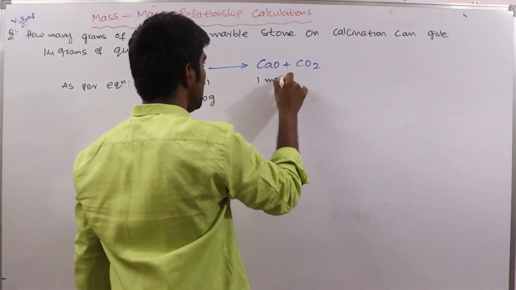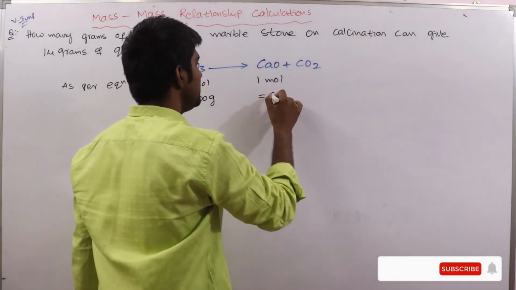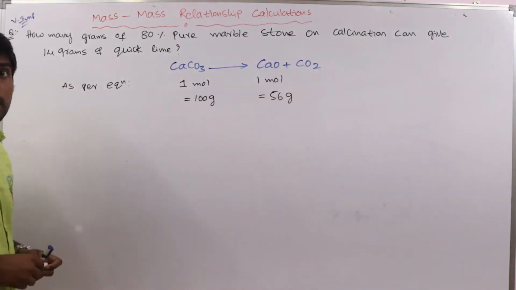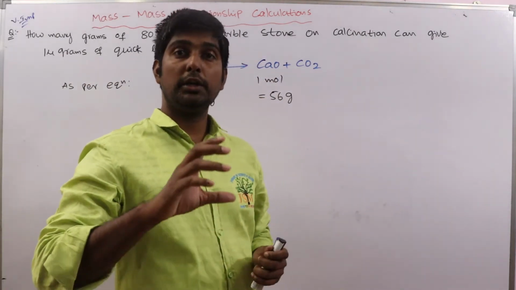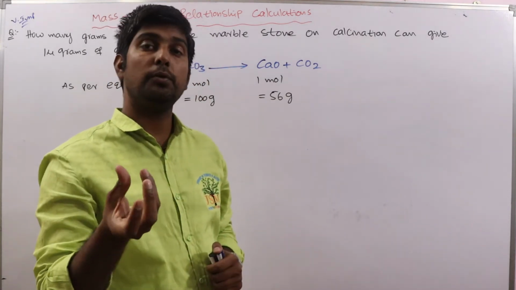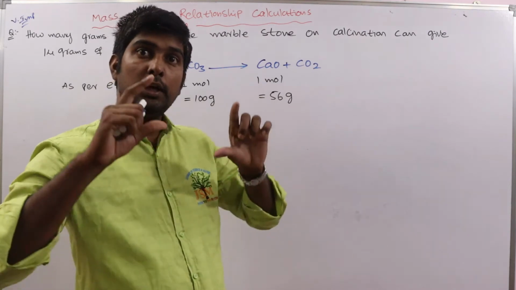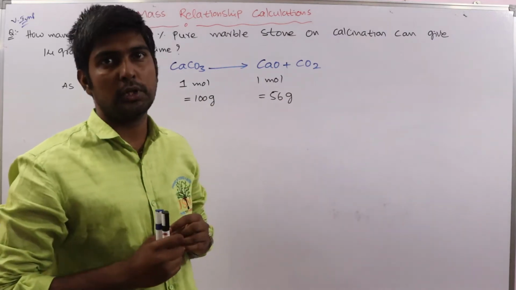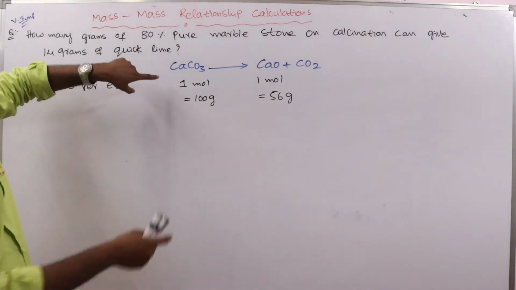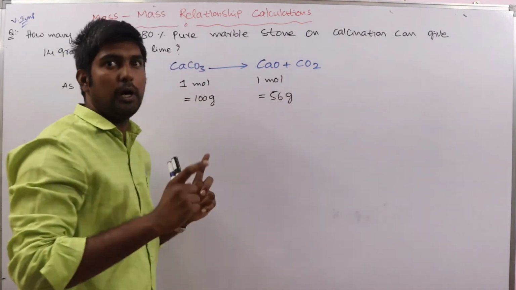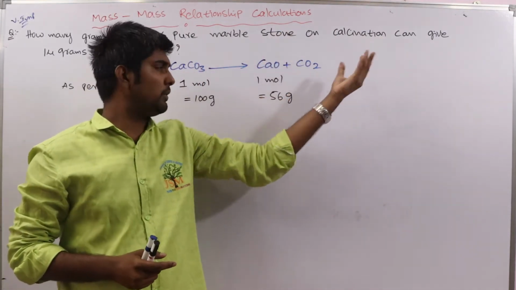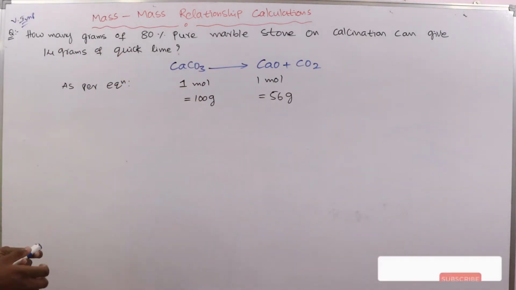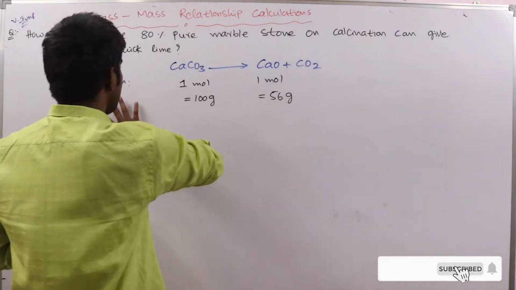and here also 1 mole is formed, that is nothing but 56 gram. Okay, 40 plus 16, 56 gram. See, in the first problem, they have given how many grams of CaCO3 is heated to get 22 gram of CO2. There the CaCO3 and CO2 are involved in the given problem, so we considered both of them. Here, in this given problem, calcium carbonate and calcium oxide are involved. CO2 is not at all involved here. No need to consider this one. Understood? That is a very important thing in this type of stoichiometric calculations. Okay. This is as per equation.